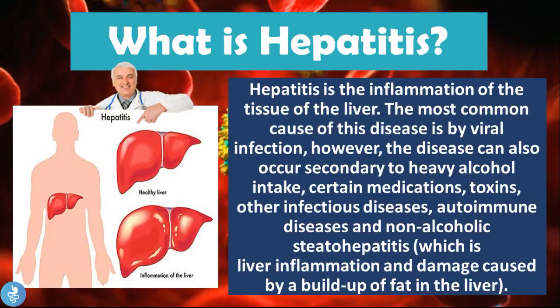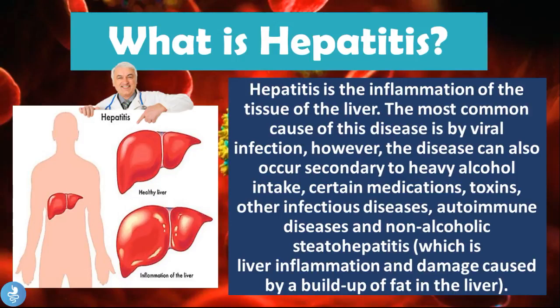in the liver. So if you look at my picture on the left, we see our healthy liver above, and below we can see an inflamed liver. So this is actually what hepatitis is. Hepatitis is the inflammation of the liver. From the definition, we also get that the causes of hepatitis are quite broad. Most commonly, hepatitis is caused by viral infections. However, the disease can also occur from medications and toxins. We can also have an autoimmune form, and we can also have a non-alcoholic form, which is caused by fatty